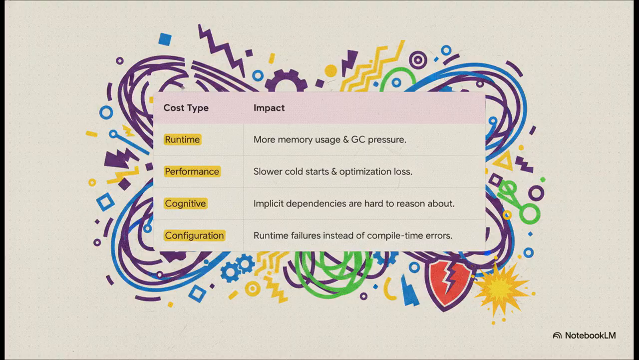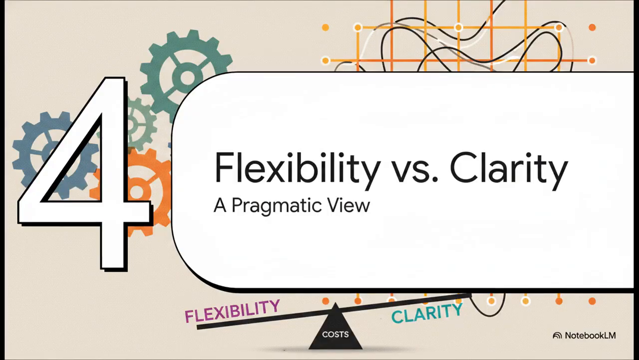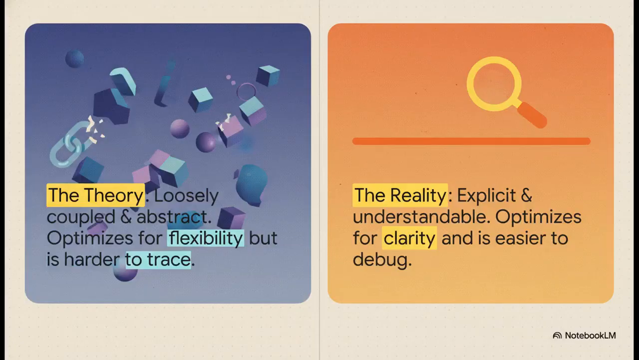error from your compiler. So this brings us to the central trade-off that I think experienced engineers are navigating every single day. It's not about whether a pattern is good or bad in a textbook. It's about weighing the real-world costs. And that brings us to this core conflict: flexibility versus clarity. On one side, you've got the theory, a system that's optimized for flexibility. It hides dependencies, but it's much harder to trace. On the other side, you've got the reality of production, a system that's optimized for clarity. It reveals its dependencies right there in the open, and it's so much easier to debug when things inevitably go